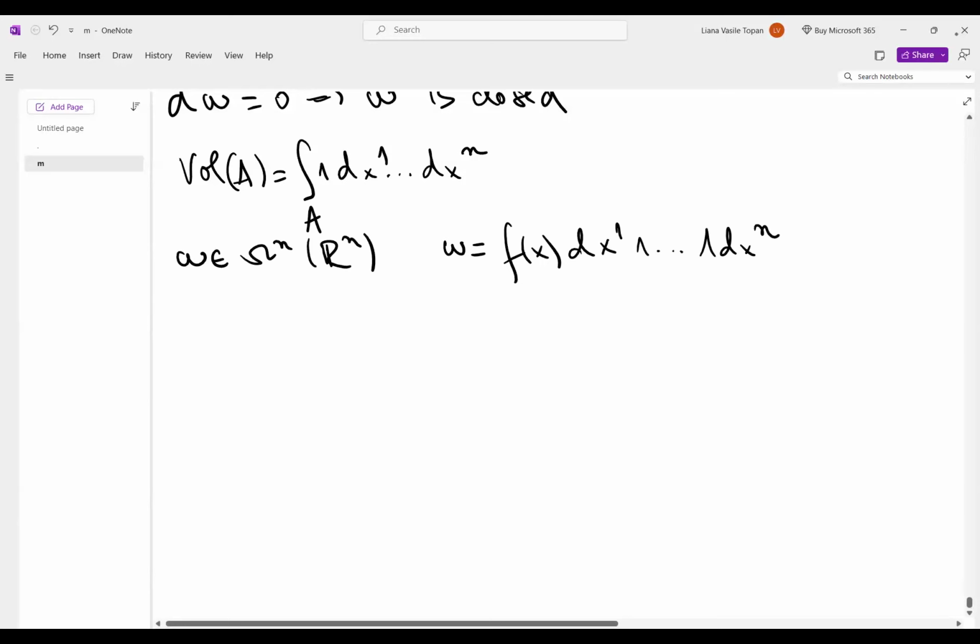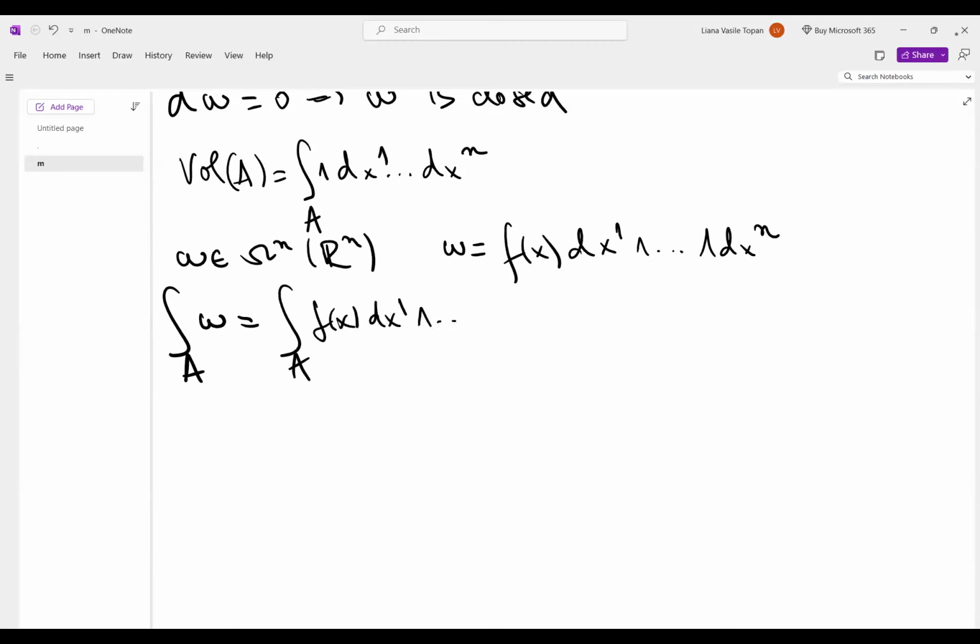We saw this at the beginning of the class, and we define the integral over A of omega, which is the integral of f(x) dx1 wedge dxn, to be the integral over A of f(x) dx1 ... dxn. So for instance,